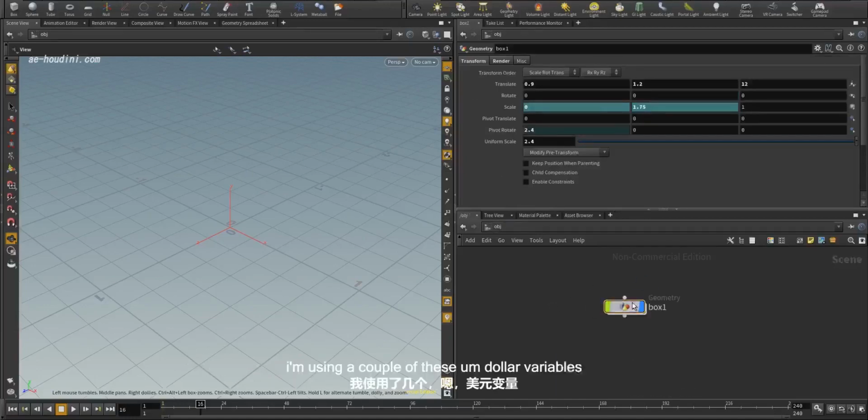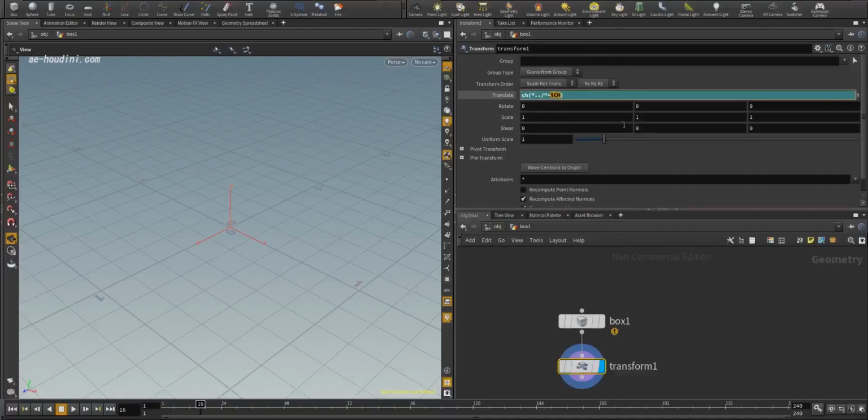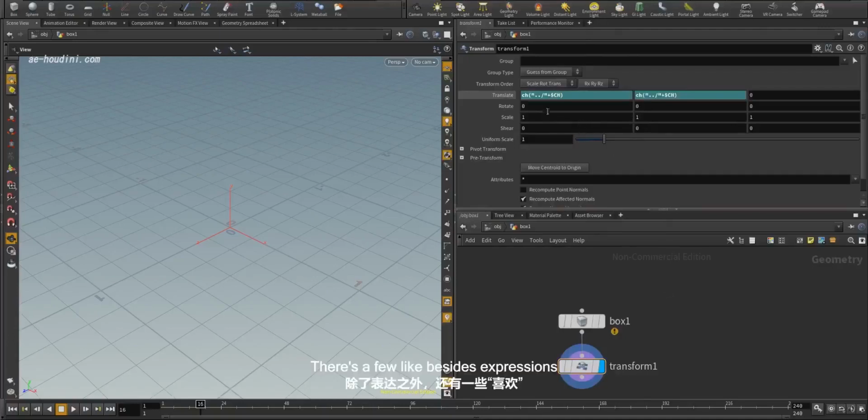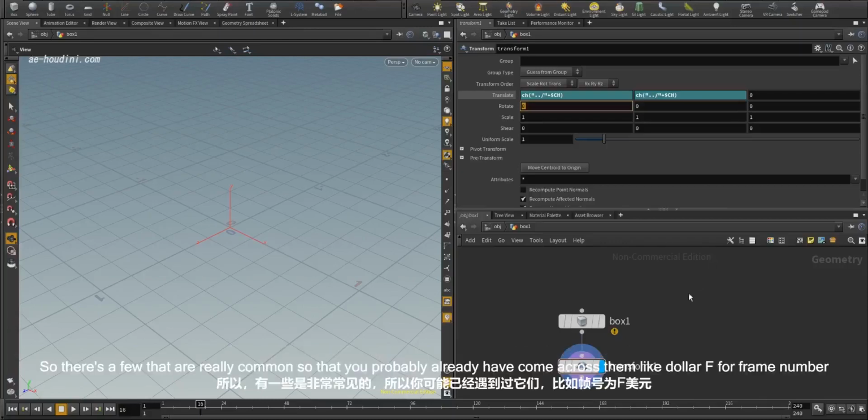Now, you see, I'm using a couple of these dollar variables. So let's talk about these for a minute. So there's a few, like besides expressions, there's a few of these variables built into Houdini. So you get global variables and environment variables, local variables, and then you can even have custom variables. So you can create your own local or global or environment variables. So there's a few that are really common, so that you probably already have come across them, like $F for